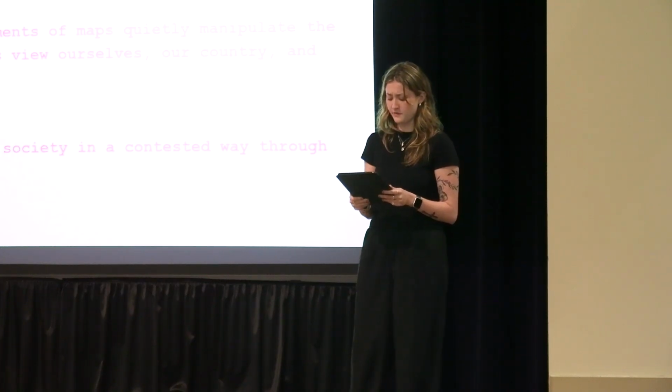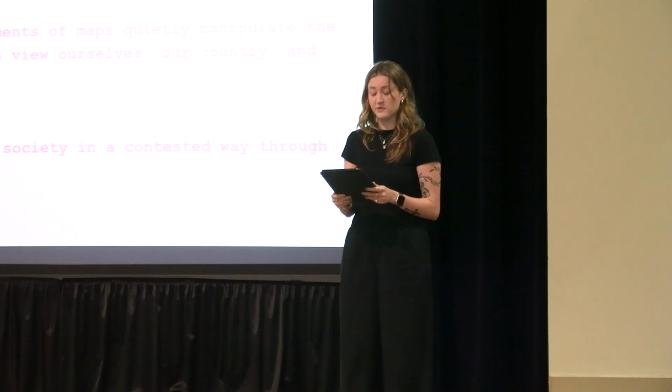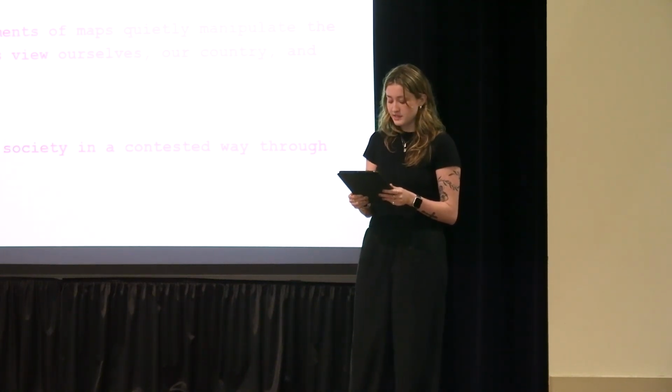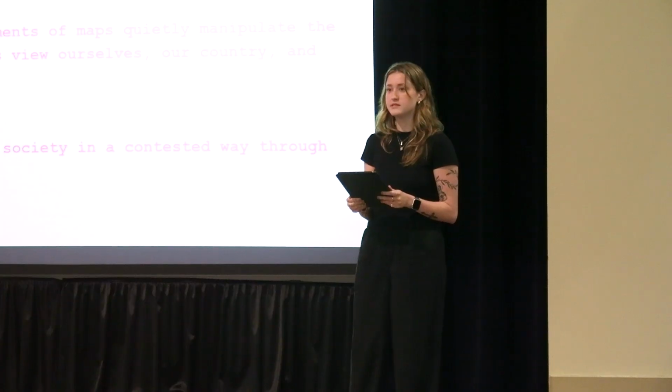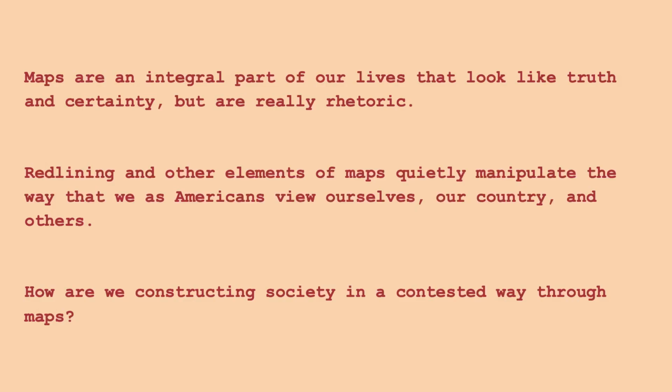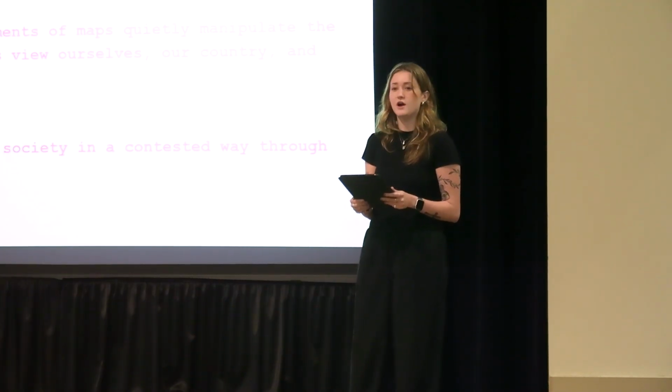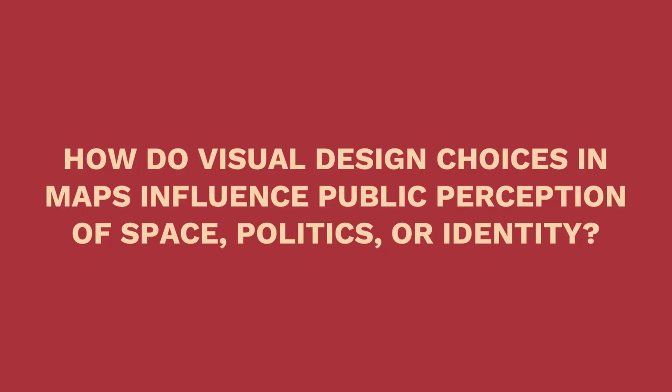And maps don't even just fall under the category of landscapes. Maps can be visuals to map information, like graphs or charts. They can be used to center someone's perspective on the world, or also to influence our beliefs and lives. Things like redlining or political districting show us that maps don't just reflect society, they actively shape how we understand ourselves, our communities, and others.